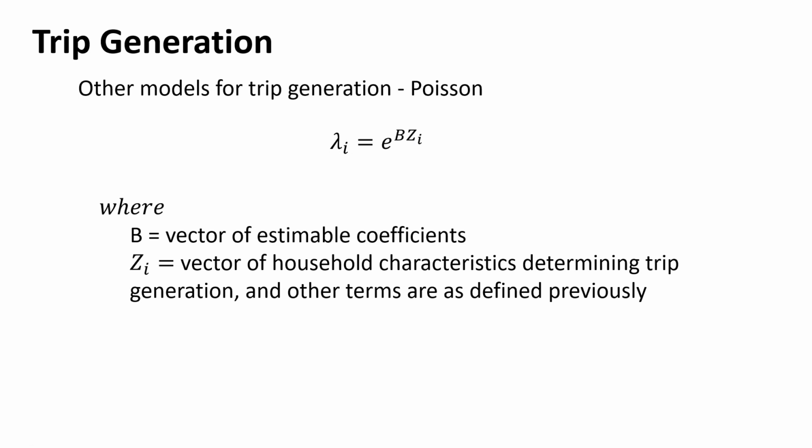It depends on what data you have available how you define that, but you'd have to go through an analysis, again using survey data, to figure out what these vectors are. So you survey a bunch of households, and then you find out that households with 3 people in them and 2 cars take this number of shopping trips and this number of work trips and this number of social recreational trips and so forth. And that's how you define these vectors.